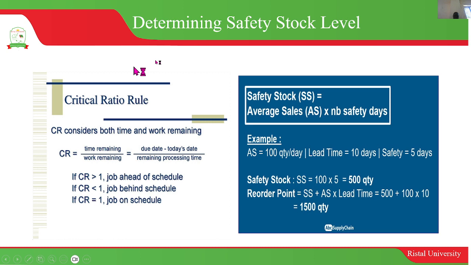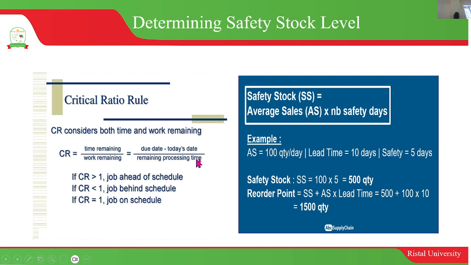So here we have some illustration trying to show the safety stock that we have been discussing in the previous slide. We earlier already know that the critical ratio is calculated by these estimations. CR considers both the time frame and the work remaining. So we can get this critical ratio by dividing the time remaining over the remaining work period, which is also given by subtracting today's date from the due date. So the date of today and when you expect things to get finished, and then you divide this by